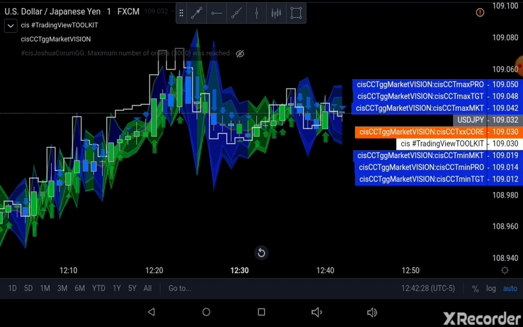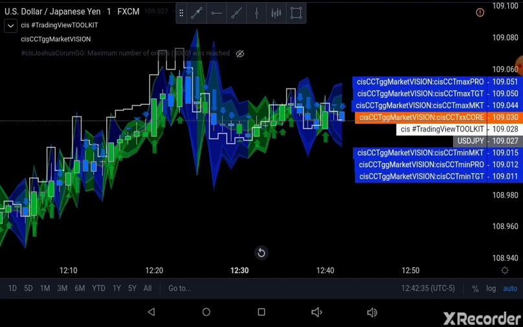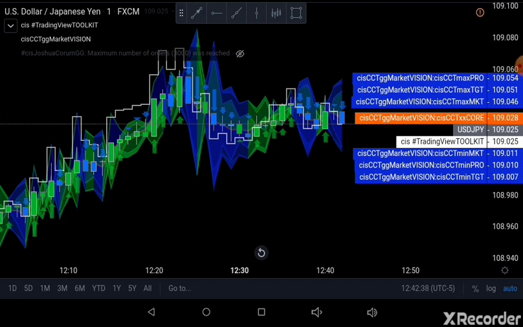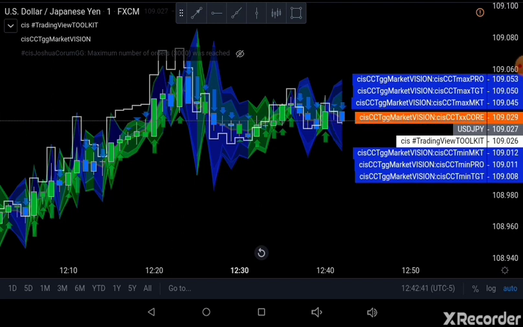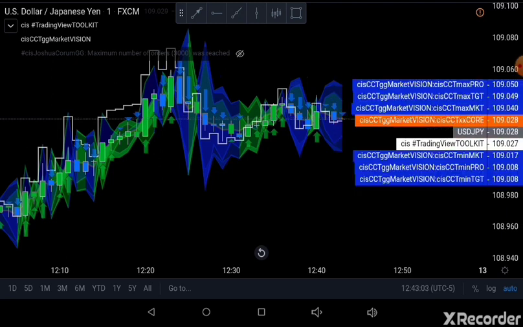I have a diamond reversal top in play. If you go back 4 candles, you can see inside bar, outside bar, inside bar. So that confirms just to stay short all the way down to my market target, my pro target, and my minimum target. And I have all those levels right there. And I'm already positioned. I already have my 3 lots in above the core. The current core is at 109.029, and my position was averaged in above 109.04. So I'm already up over a pip,